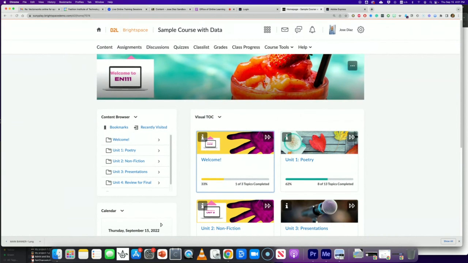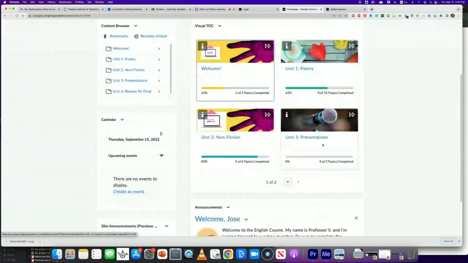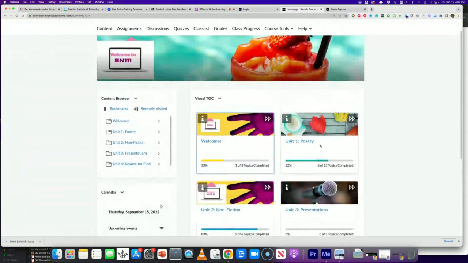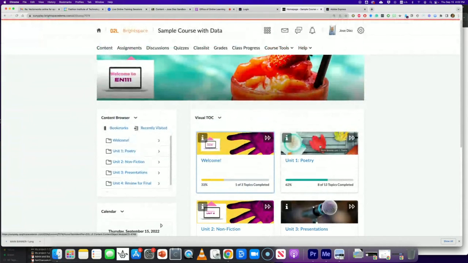Now, I did change my theme. I didn't go with the hand, but if you wanted to continue the same theme, the purple and yellow, you can do that. You can continue a nice theme throughout all your units. But Adobe Express will come in handy when we move to Brightspace because Brightspace allows you to use graphics in a more powerful way as opposed to Blackboard, where it wasn't,